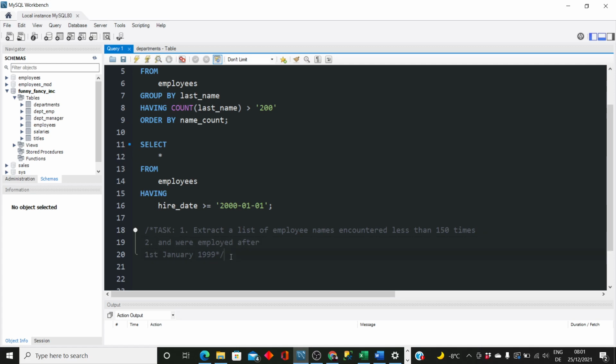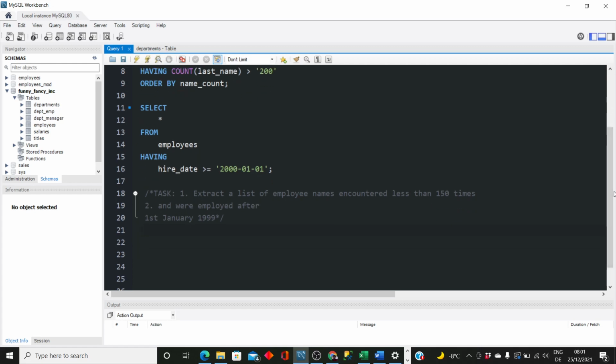So let's go straight and see how we can generate the script by using the having and the where conditional clauses. Reminding you, we are still on our funny fancy ink database and we are going to use our employees table here. So I say I'm selecting,